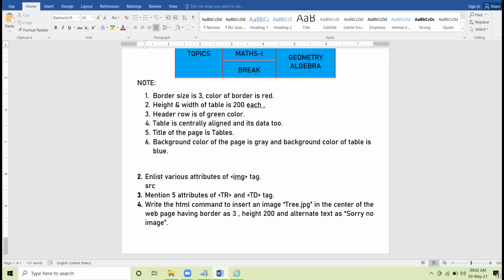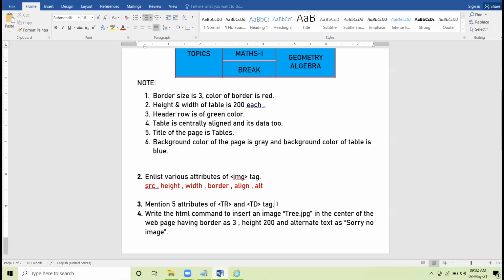Okay. Then we have height. Then we have width. Then we have border, align, alt. Okay. So these are the attributes of image tag. Clear?